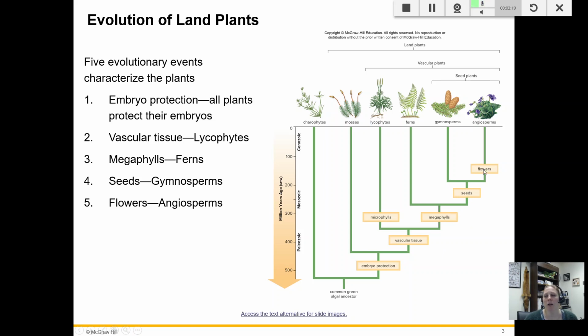And then last but not least, you get flowers. So if you think about plants and flowers is the first thing that comes to your mind, that is actually the most recent lineage of plants, and one of the newest developments, at about 150 million years ago. New being a relative term as far as timeline is concerned. So you will be asked to know about the mosses, lycophytes and ferns, gymnosperms, and angiosperms. So let's talk about these major classifications, or phyla.